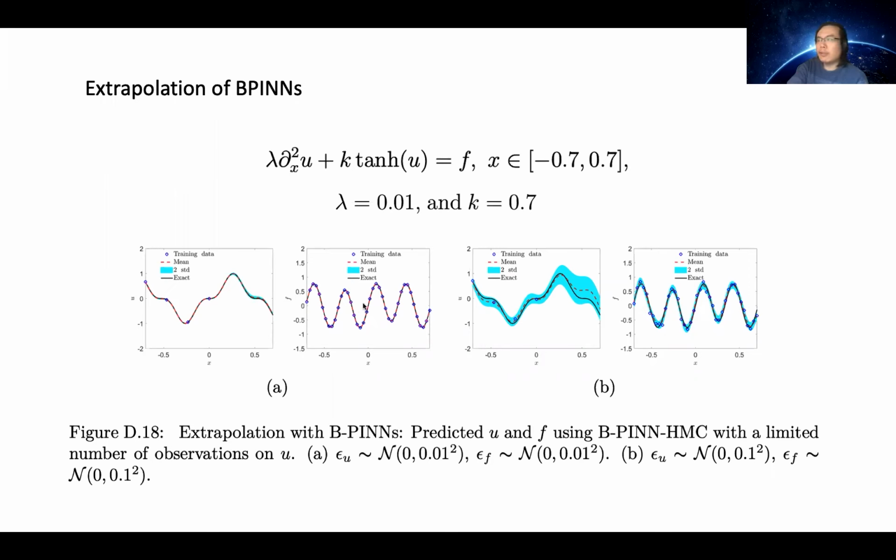And for the data of f, we still assume that we have a lot of data on f. The left-hand side has 1% noise, and the right-hand side has 10% noise. And we can see that even though we don't have data of u here at all, it still extrapolates very well, I should say. And here you can see that as x goes larger, the uncertainty also becomes larger. While the error is still kind of large, the uncertainty also becomes large. But the extrapolation is still kind of good.